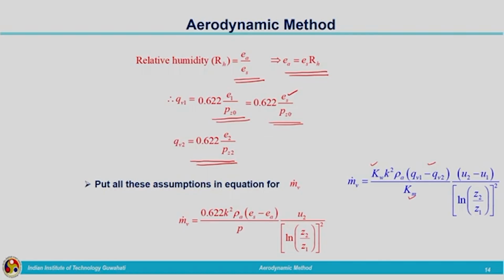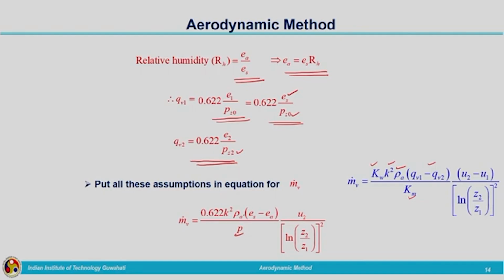So, that we are considering PZ0 and PZ2 as P. So, it will be 0.622 K square rho A, this K square is coming from here. Instead of QV1 minus QV2, we got the expression 0.622 ES minus EA divided by P. You may get confused where this PZ2 and PZ0 have gone. It has been assumed to be the atmospheric pressure, so that is represented by P, which is not varying. That variation we are not considering. So, the expression takes the form